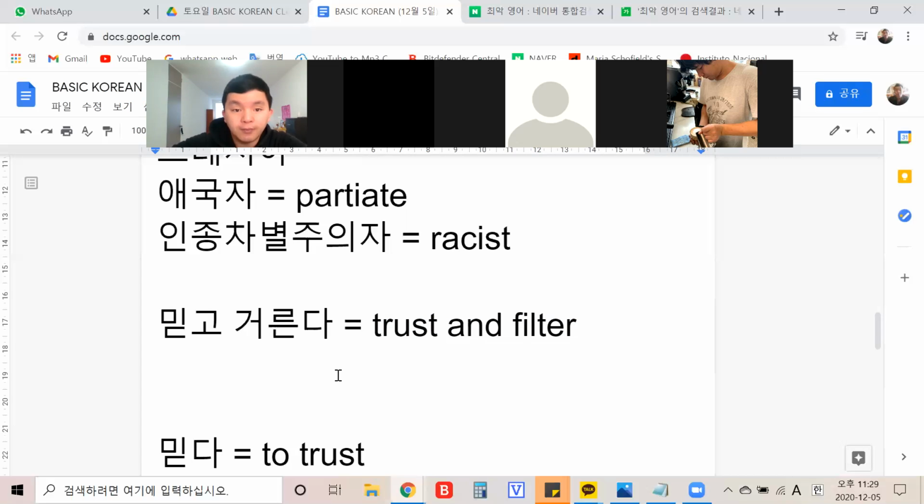Two options. But what I mentioned about the second option: she just trusts me and filters it herself. So that's the thing. Even if you don't have the experience, from what you hear from a friendly person, you're just filtering, like you don't need to go through that, or you don't need to eat that, or you don't need to go there. Maybe that will be the example for trust and filter.